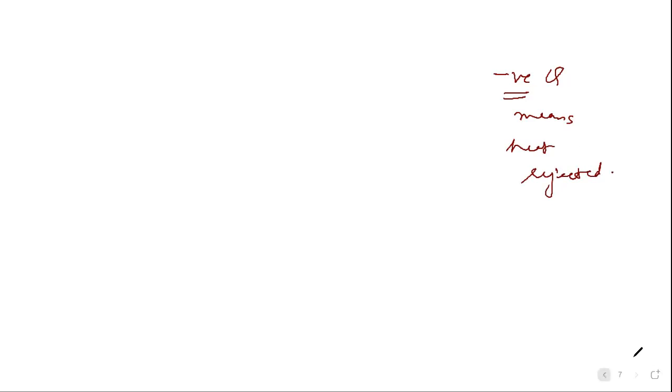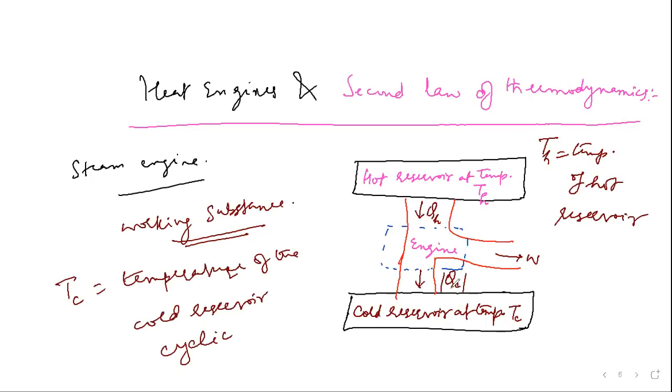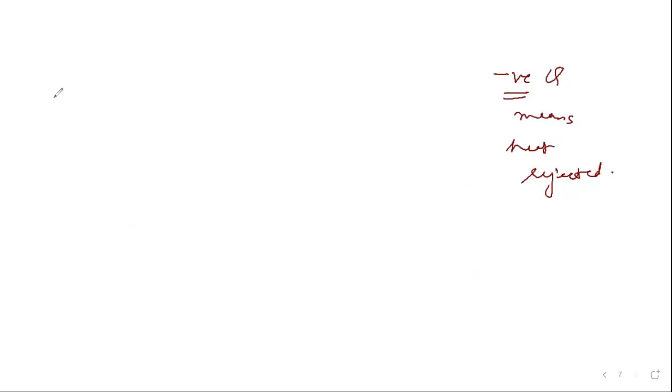So QC, if I take its sign, then it is negative, but I am taking only modulus, because I am interested in the amount of heat. So what is QH minus QC? QH minus QC mod, means amount of that heat, is simply